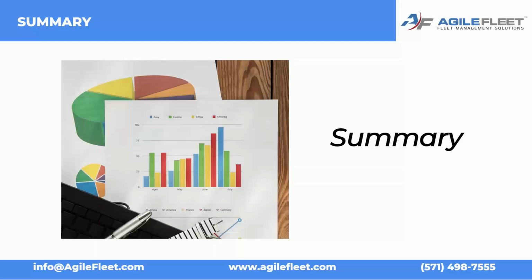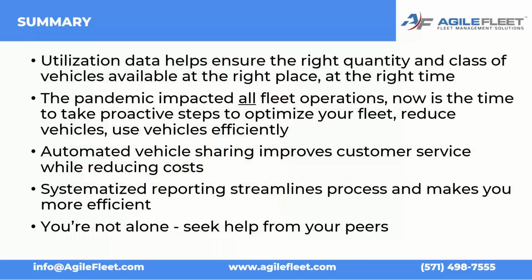So in summary, during these difficult times, when utility fleets are being buffeted by uncertainty and continually pressured to find cost savings, one of the most effective ways to gain some semblance of control is to focus on areas that you can define and then change. By concentrating on developing meaningful utilization metrics, you can ensure that you only operate the right types and the right quantity of equipment that's needed and begin to deploy them so they're available